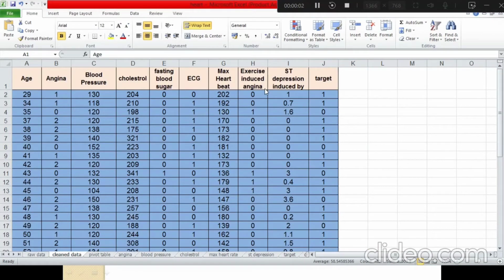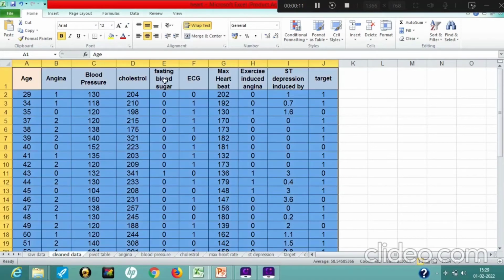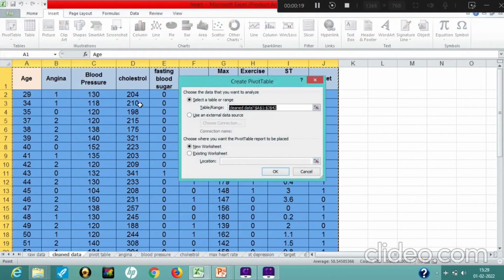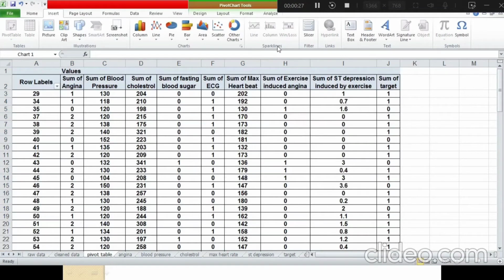Now this is my cleaned data. I'm going to create a pivot table for this cleaned data. I'm going to select my table, then go to the Insert option and then to Pivot Table. Now we can give the location where the pivot table will be created. Now I have created my pivot table and then